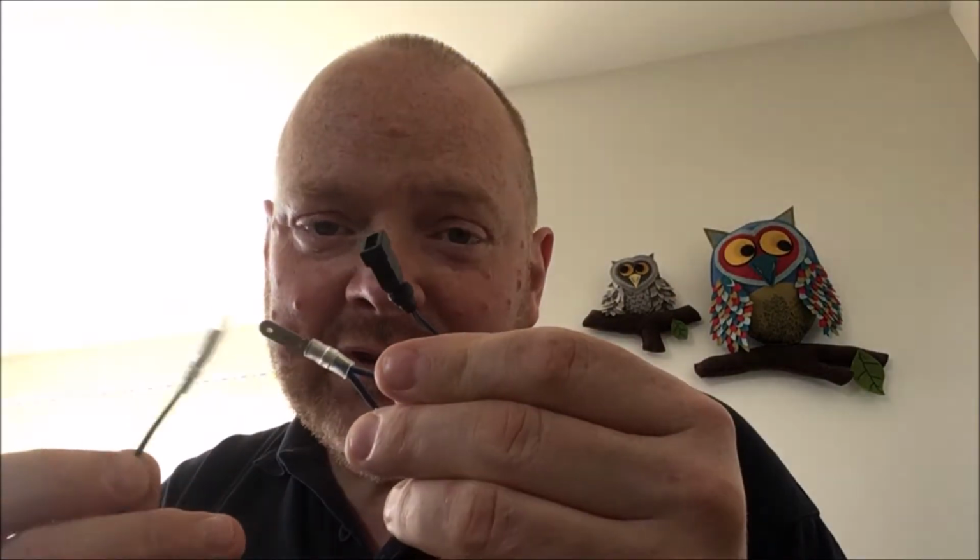Now the readings I'm getting on the gauge with that are pretty erratic. I don't think it works very well. So we're going to do the other option, which is the more recommended one, which is to use the second cable you get, which is this one here. And this attaches to the coil at the back of the zoomer. This goes to the coil, it connects into the wiring that's already there, and then this cable goes to the gauge itself, and it should give us a more accurate rev counter reading,